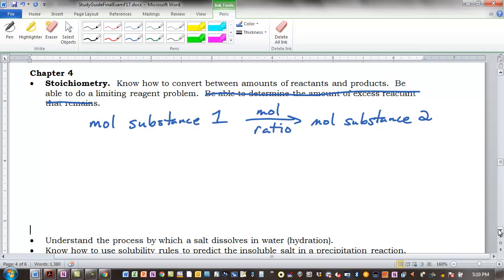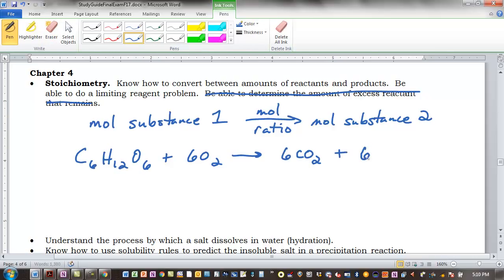I've just flipped. This is a different book. This isn't a book we use because I thought I'd bring a different book just to pull problems from. And I flipped to the first stoichiometry problem I get to, and guess what the molecule is? It's glucose. Go figure. So we have to do that one. Okay. So we're going to react